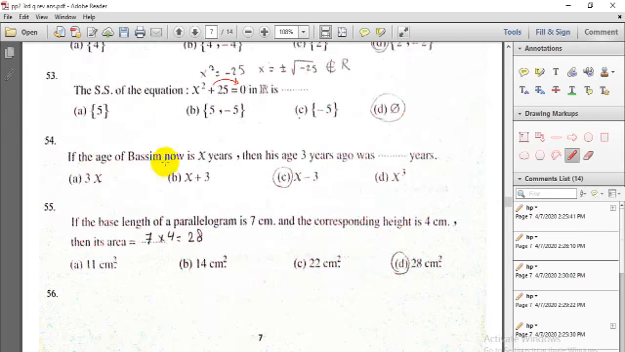If the age of Basim now is X years old, then from 3 years ago, it's X minus 3. Ago means I'm going to make minus. Okay? Very good. If the base length of parallelogram is 7 and the height is 4, do you remember the